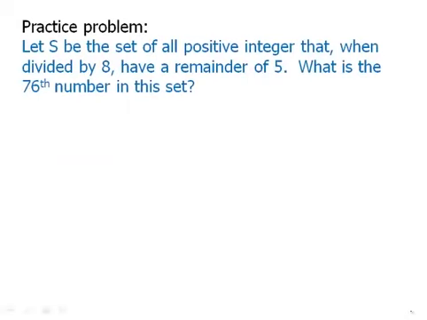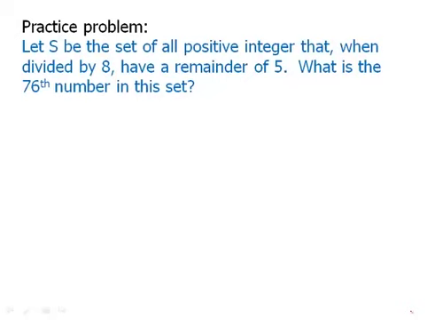Here's another practice problem. Pause the video and then we'll talk about this. Let S be the set of all positive integers that, when divided by 8, have a remainder of 5. What is the 76th number in this set? Well, remember that we said that the remainder, 5, is going to be the first term on the list, because